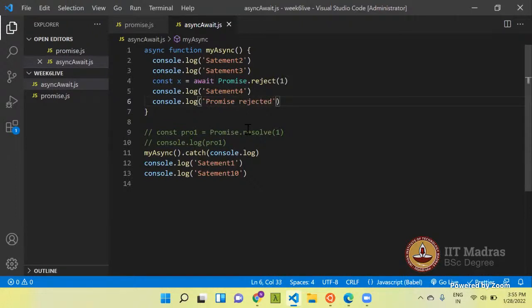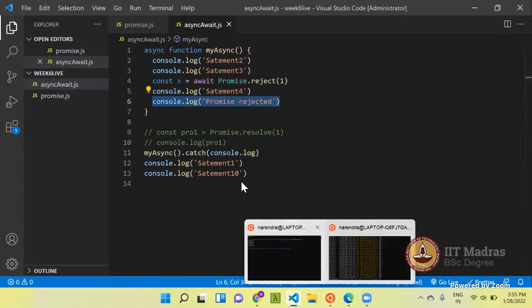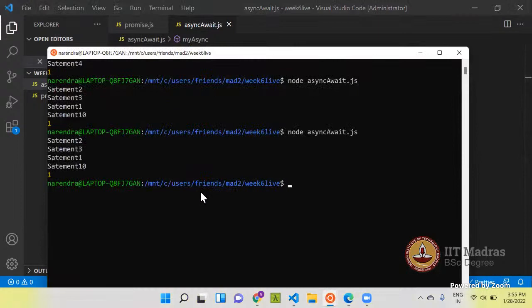I just wanted to show that this 1 does not belong to this statement. 1 belongs to this statement. So if the 1 belonged to this statement, then 1 would change to promise rejected. But I'll run this code again, and you can see it again prints 1.